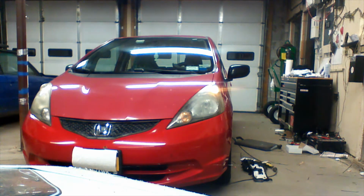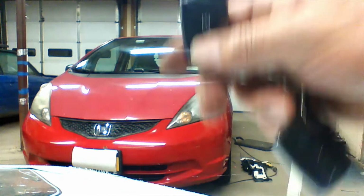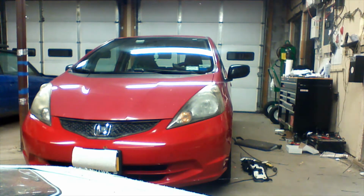This will give you keyless entry on your Fit. That did not come with keyless entry, but still has power locks. Now you could add two-way remotes or smartphone controllers. We did it this way to keep the price point lower. This is the entry-level system. You don't have a remote, so you need some type of remote. This is the best choice for the money. This will give you 2,000 feet of range,